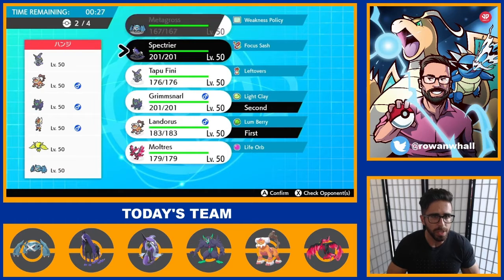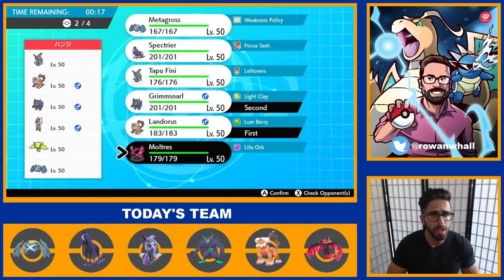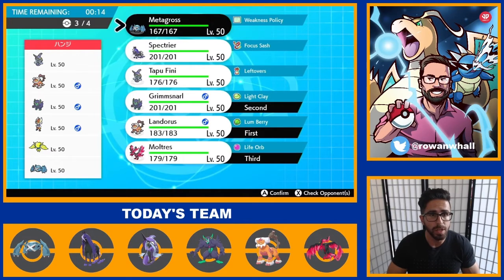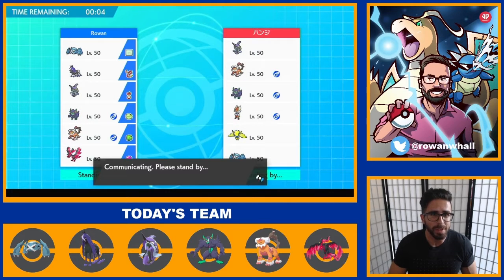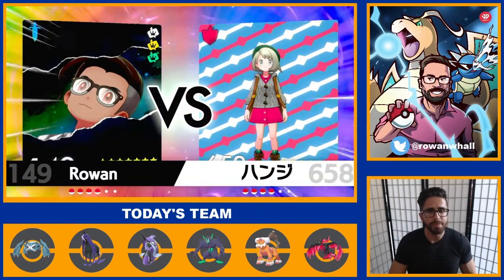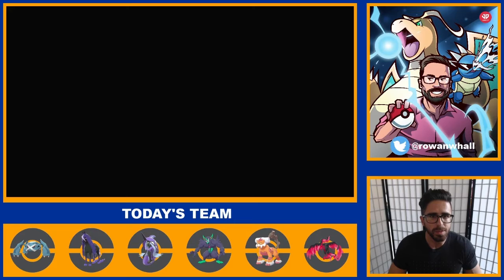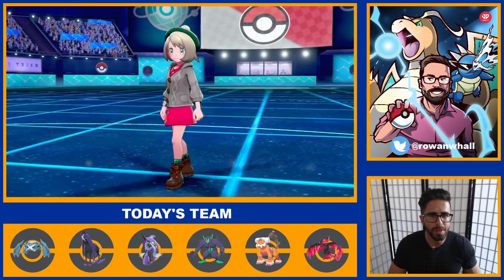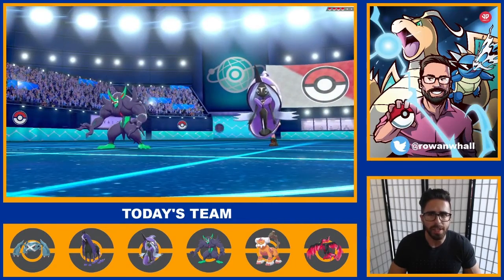So yeah, we go with Grimmsnarl for the screens, but we want Finny as a switch-in, especially for fire attacks from Cinderace and potential Ice Punch from Metagross. And you also want Moltres just to do damage into their Metagross. Let's see here. I'm pretty sure that I rounded out the team with Finny on this one. Yeah, a little closer to timing out than I'm comfortable with. All right, let's see what our opponent opens with here. Okay, Grimmsnarl Finny, that's actually,